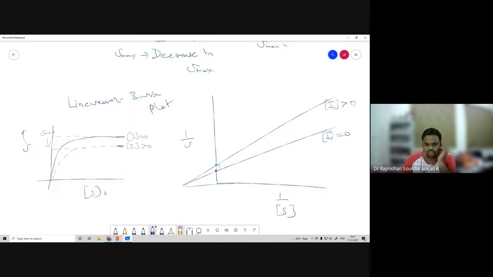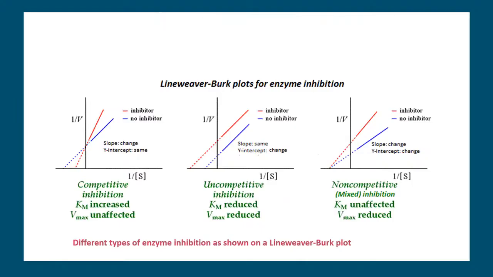So how can we overcome this? What is the net effect of it? The net effect of the non-competitive inhibitor is a reduction in the Vmax value. There is no change in the Km value, which we should note. And increasing the substrate concentration will not overcome this type of inhibition. In the previous case, if it is competitive, we said that if there is a sufficiently large concentration of substrate, then the inhibitor will not be able to competitively occupy the seat, right? So it is overcome by the population of the substrate concentration.